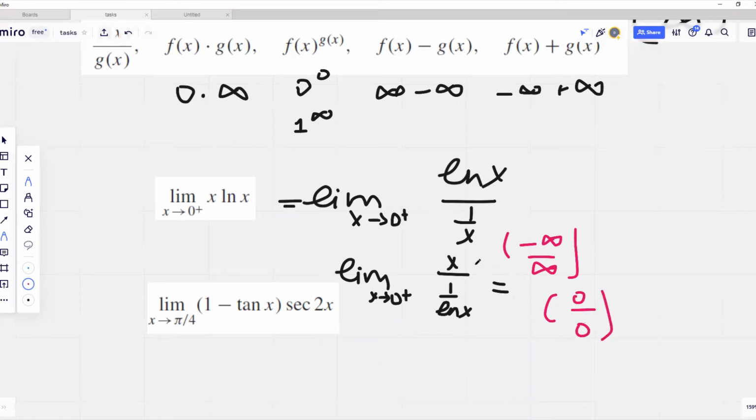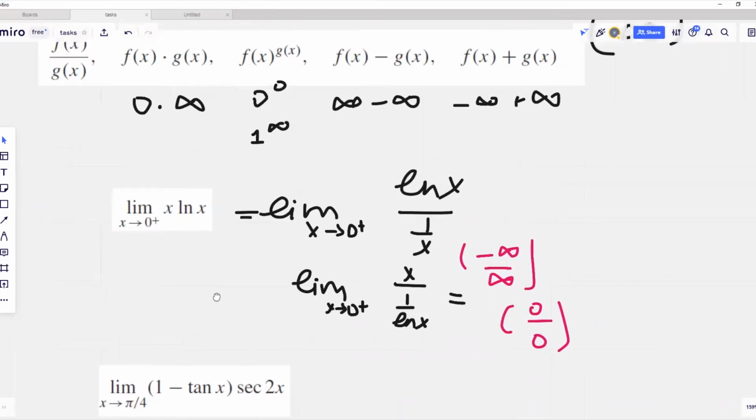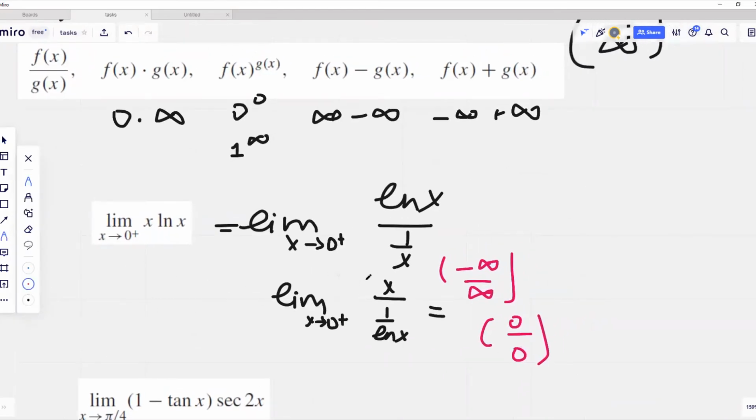So we can bring this product of 0 by infinity into one of the indeterminate forms of infinity over infinity or 0 over 0. Then if we need to make a choice, just choose the one where you can easily find the derivative. So in this case, it's easier to work with this indeterminate form because finding the derivative in that case will be